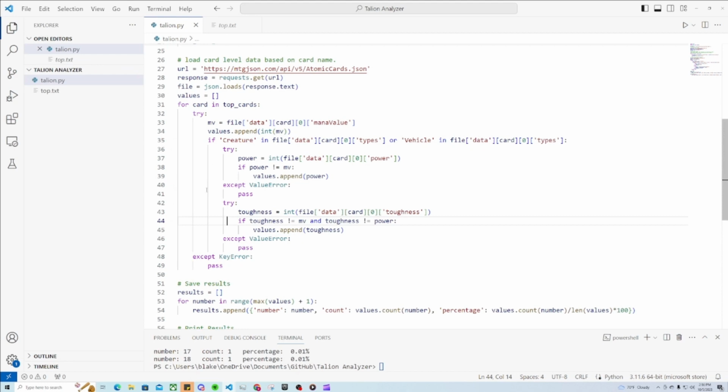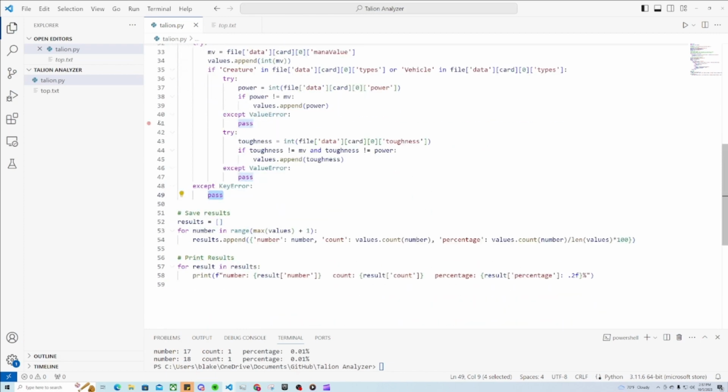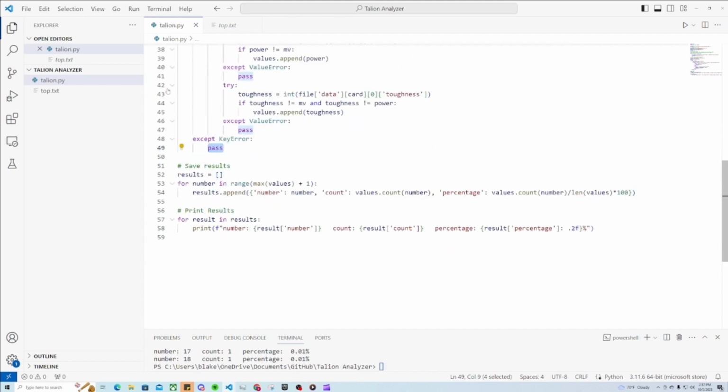If for whatever reason, let's say a card is brand new and it hasn't yet been updated in the Atomic Cards database, it's very unlikely, but just to make sure, we also have this except pass error to make sure our code doesn't crash if it can't figure out the mana value of a card or the power or toughness. So finally, all we do is we